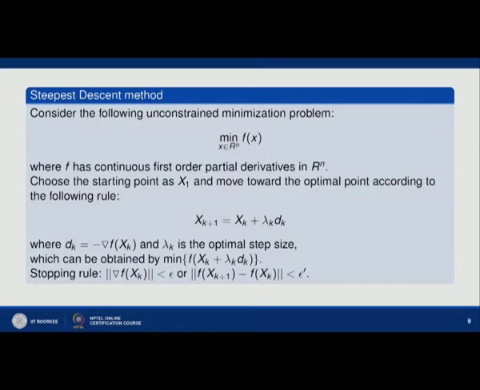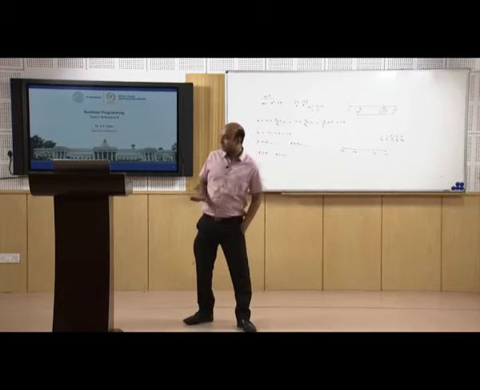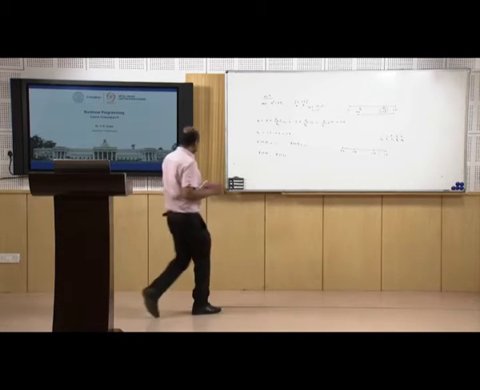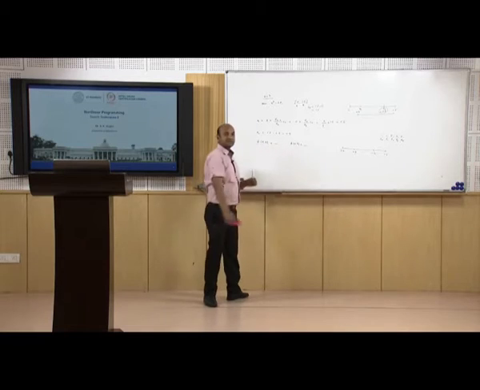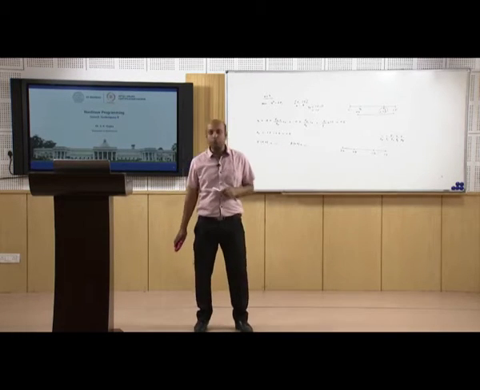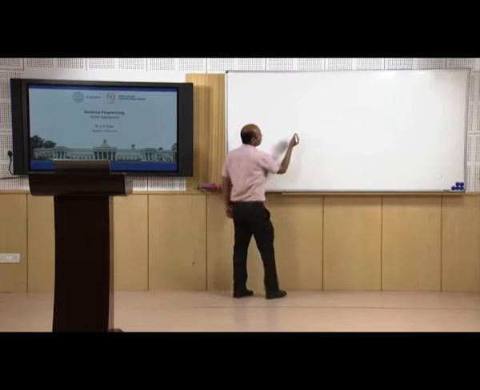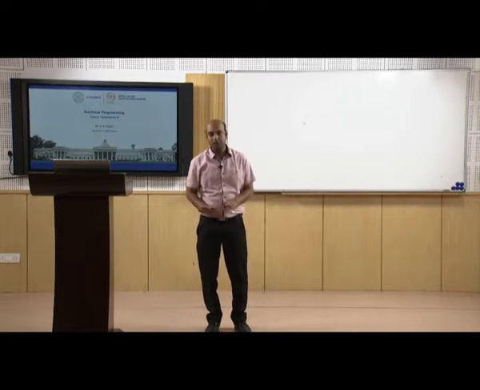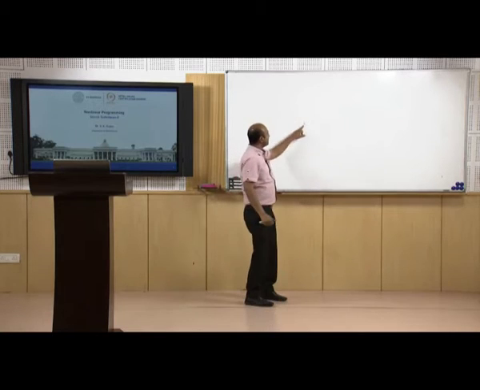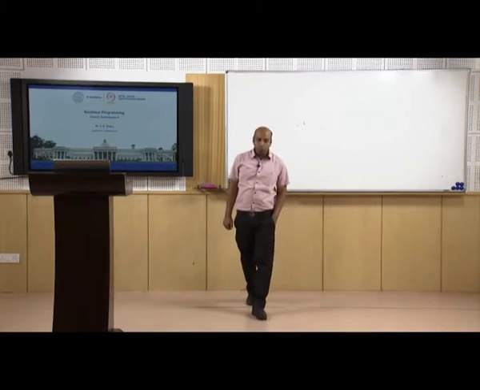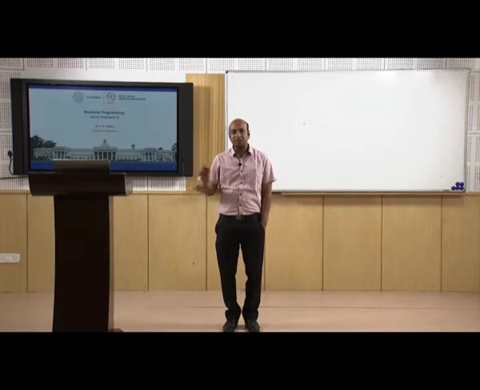Now, the next method is the steepest descent method. What is steepest descent? Suppose you have an unconstrained optimization problem which we want to minimize. As we have already discussed, there are two things involved in any search technique. One is the direction in which we should move, and the other is the optimal step size. Suppose you start with this initial point x1, and you want to find the minimum, the optimal solution of the unconstrained problem.